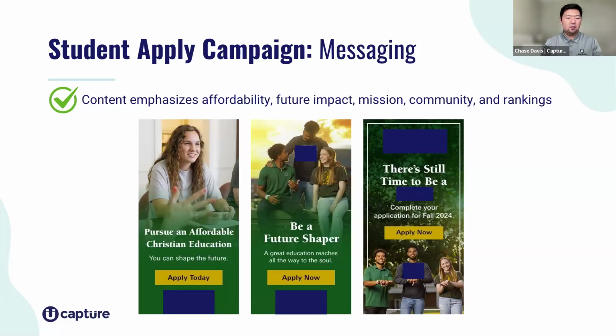So what does this campaign look like? What does the creative look like? Here you can see in these examples that we are now talking about things that are very relevant for a student. Yes, affordability. Students are interested in that, as are their families and those who are responsible for the college going decision. They're interested in that affordability, but we're also talking about future impact. How does that student shape the future? This is important, not only for the institution, but for each of the students that they're recruiting.